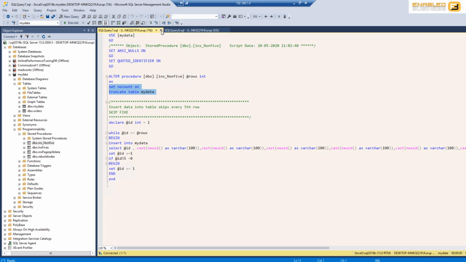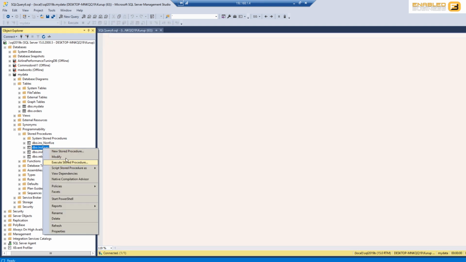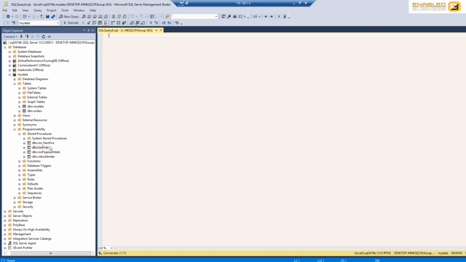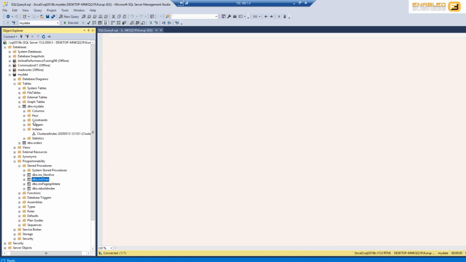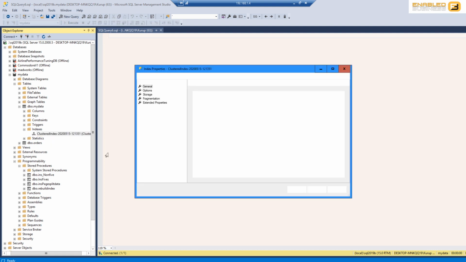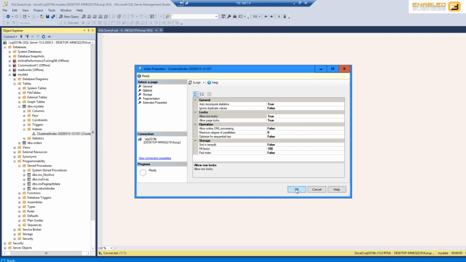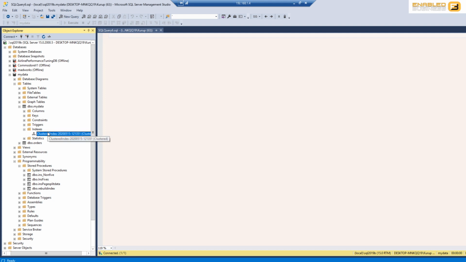The next procedure is the insert fives, inside which we start inserting the fifth row, therefore causing the page split. Now we're going to start off by first using a fill factor of 100%, which basically means that we're not doing anything to alleviate the problem. We're just leaving it at 100% and hoping that whatever data we insert will be fine. This is basically what was recommended in the video that I was talking to you about previously, but I'm going to show you why you don't want to be doing that